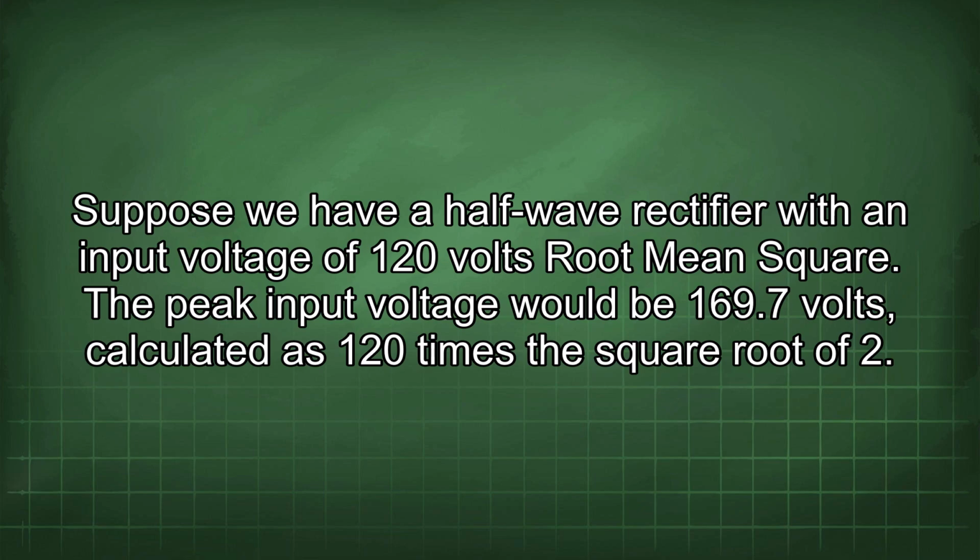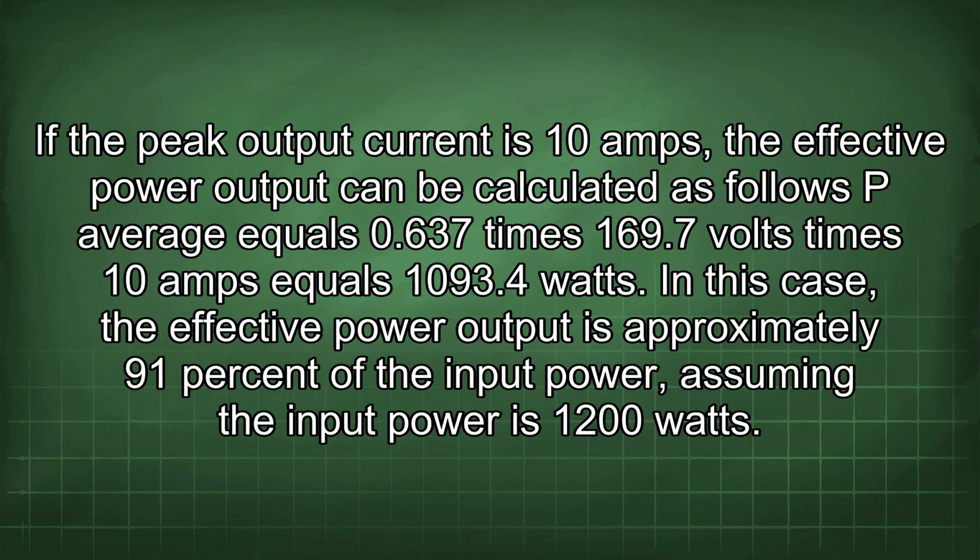The peak input voltage would be 169.7 volts, calculated as 120 times the square root of 2. If the peak output current is 10 amps, the effective power output can be calculated as follows: P average equals 0.637 times 169.7 volts times 10 amps equals 1093.4 watts. In this case, the effective power output is approximately 91% of the input power, assuming the input power is 1200